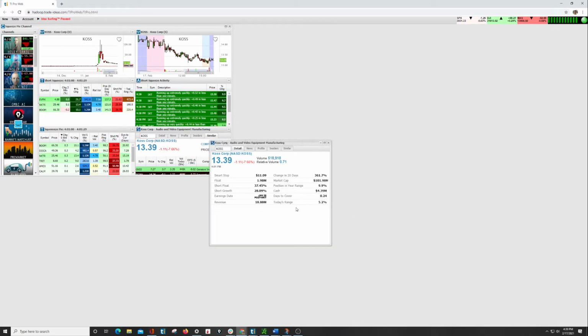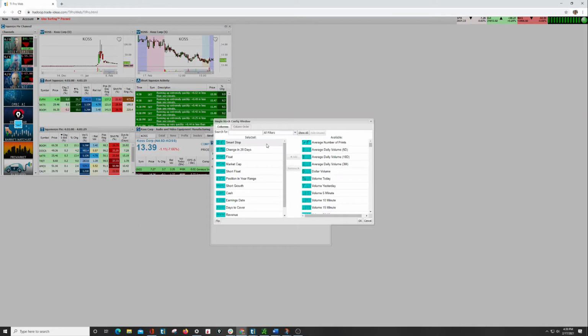And the data that you can look at is basically all the filters that we have that provide data. So like anything else, if we right click and go into configure, you can see all the different available filters and columns. Same thing as everything else, remove or add by going left or right, and that'll add those items. So for example here, position 20-day range is probably not on there already. So